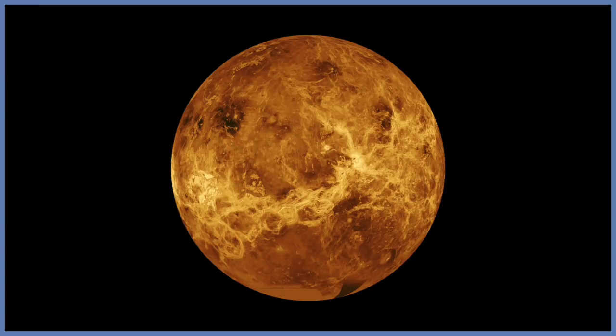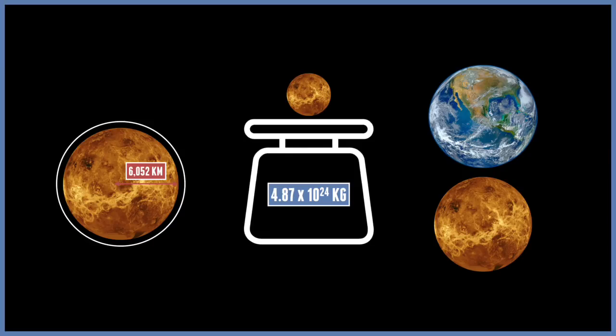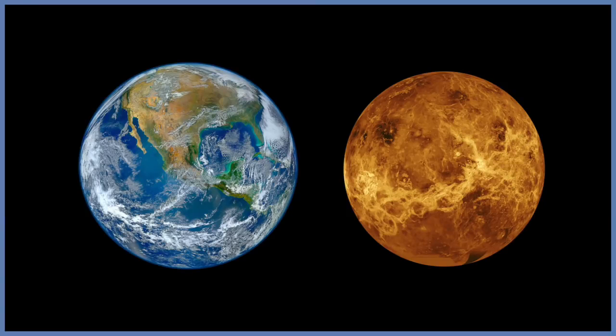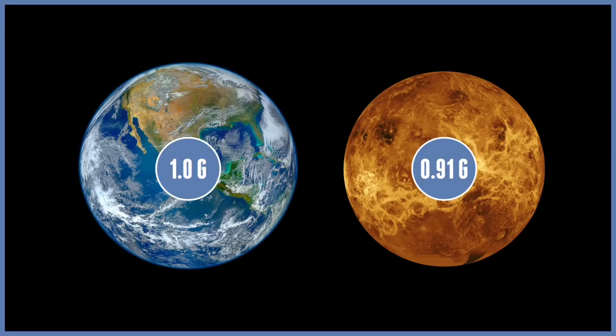So what's the gravity like on Venus? So Venus is a very similar planet to Earth, and it's often known as the Earth's twin. Venus has a radius of just over 6,000 kilometers, and has a mass of 4.87 times 10 to the 24 kilograms. And as you can see, it's pretty much the same size as Earth, but just a tiny bit smaller. It again has around about the same density, but because of the lower density, the gravity changes. This comes out at 8.87 meters per second squared. This means that the gravity on Venus is just lower than Earth's, at 0.91 g.